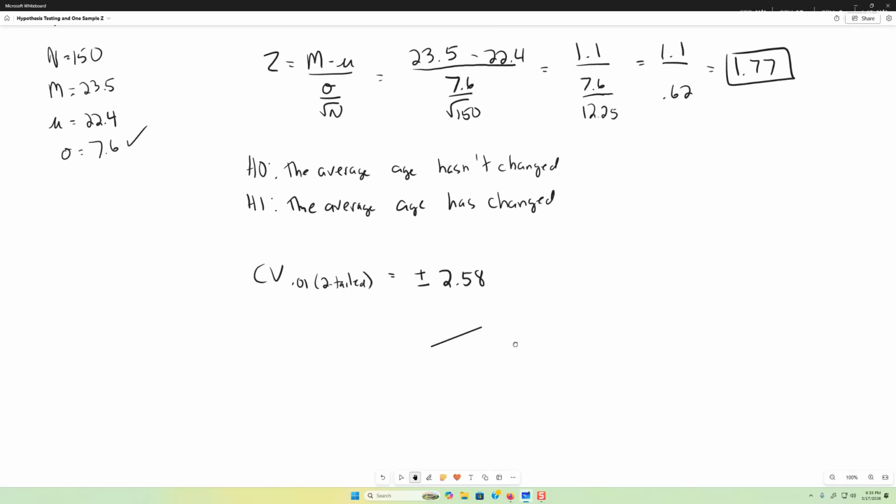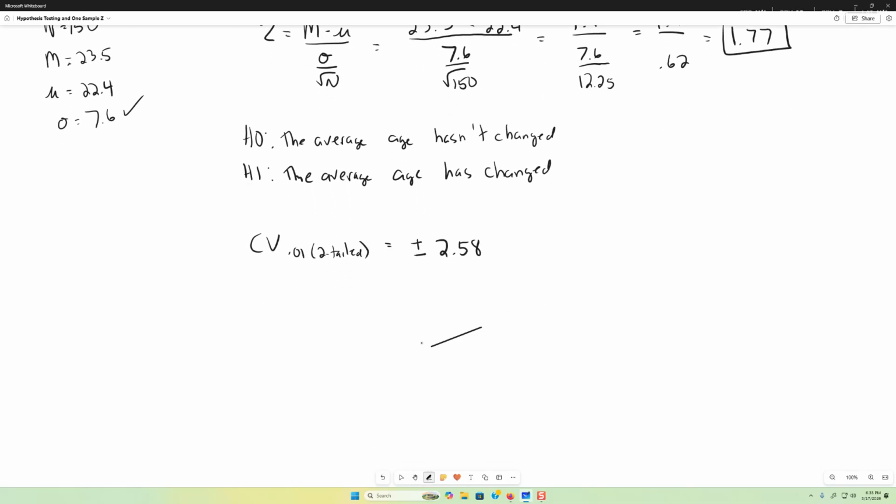So now we're comparing our value 1.77 to 2.58. So I'm going to draw the curve. Here's 0. Here's our first critical value, positive 2.58. And our negative critical value is negative 2.58. We need both of them because we have a two-tailed test. The 1.77 falls here in the body of the